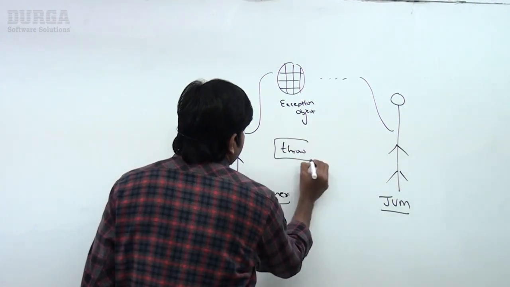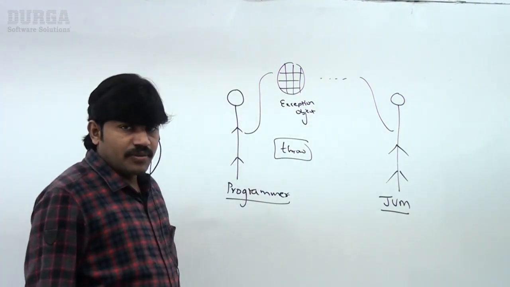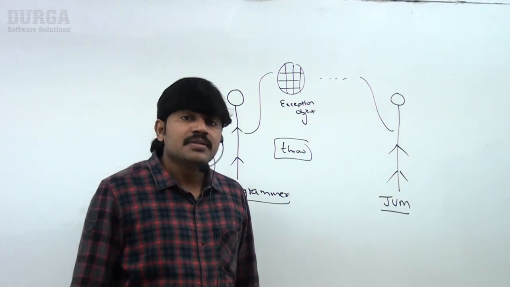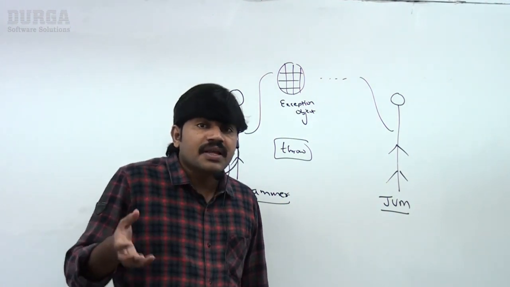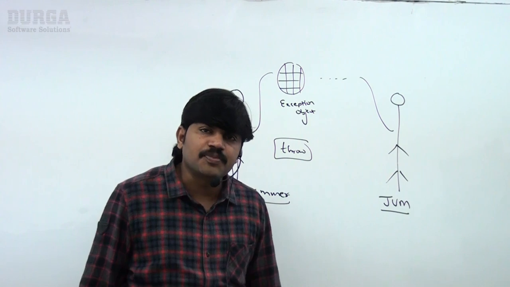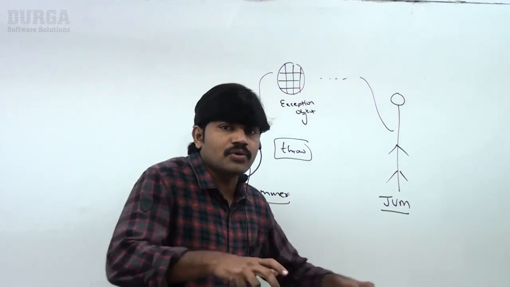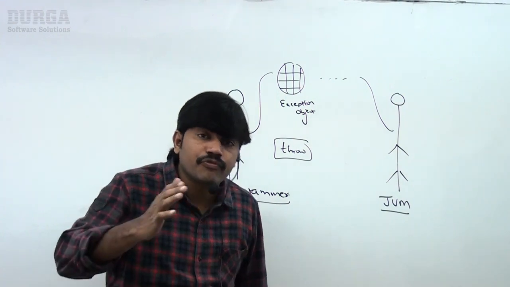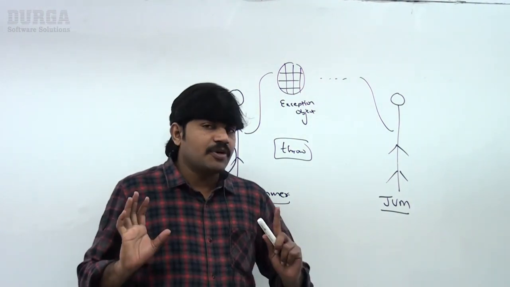The throw keyword, right? Then immediately you may ask, sir, what is the need? What is the purpose of throwing an exception? Sometimes it is required to create an exception object explicitly, and we have to throw it to the JVM manually. For that purpose, we can use the throw keyword. Where exactly it is helpful, I will take care of that part.